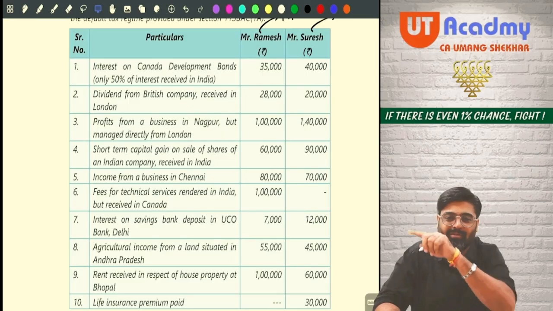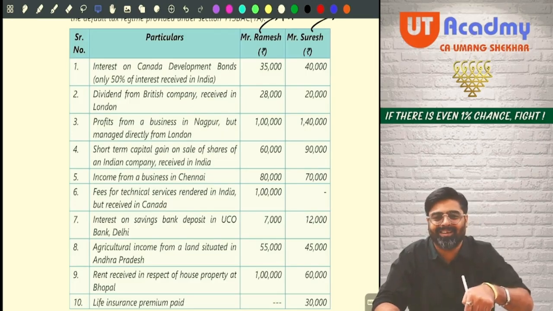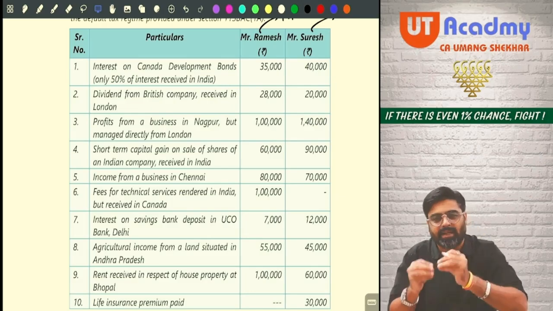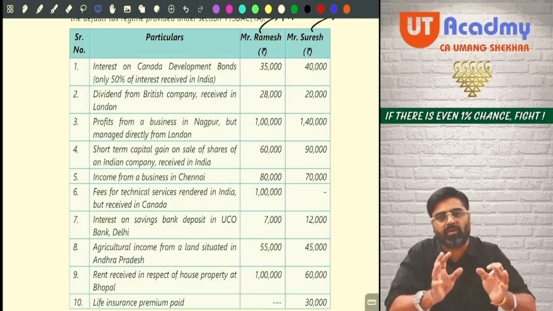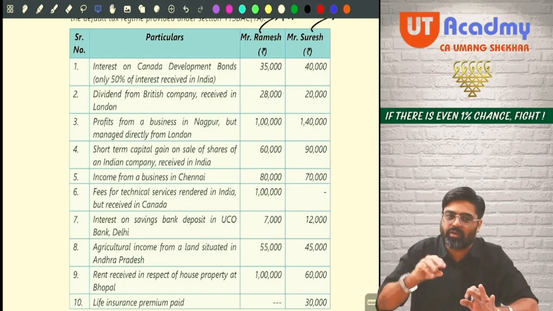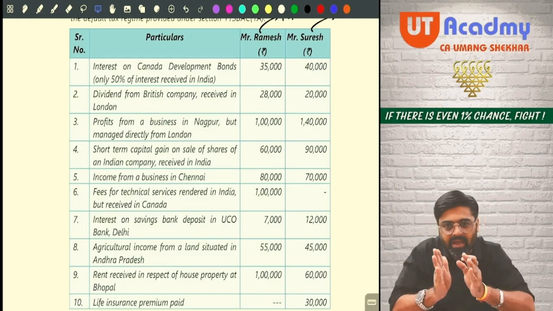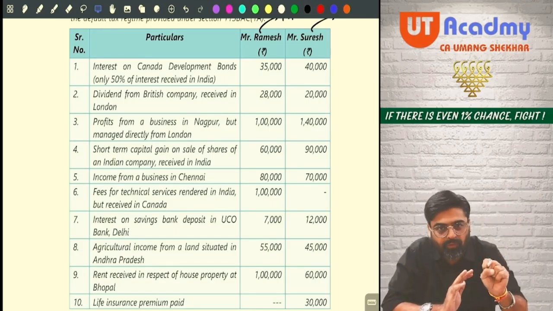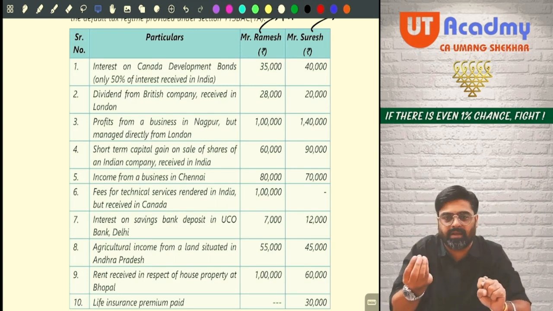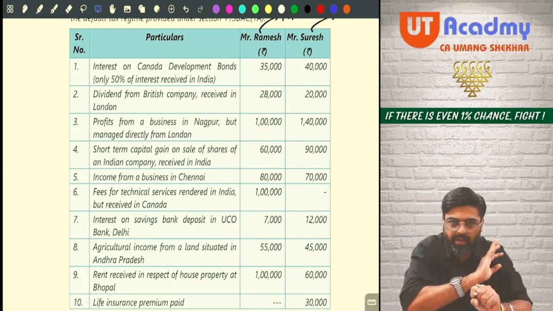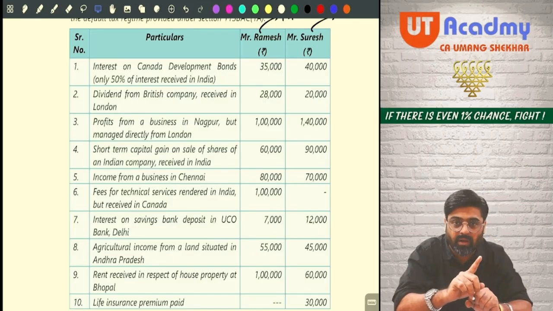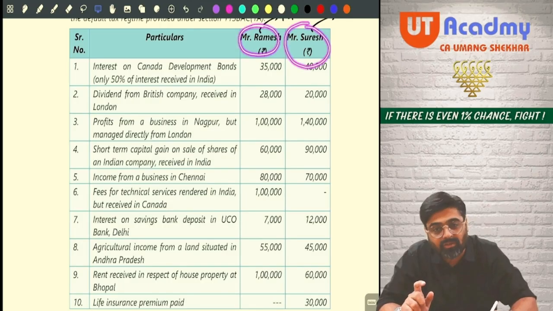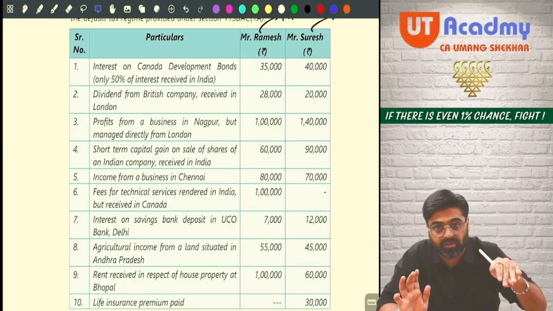Yesterday, we did the UK development bond. Today, they are saying that this is the Canada development bond. The same thing is given, but instead of one country, now they have changed the name of the country. The treatment remains the same which we gave yesterday. Come on, tell me, the entire interest will accrue in Canada. But out of that, if 50% is received in India, that is Indian income, tick, tick, tick. Okay? Meaning that will be taxable for non-resident as well as ROR. That will be taxable for Ramesh also as well as Suresh. 50%, the part which is received in India.